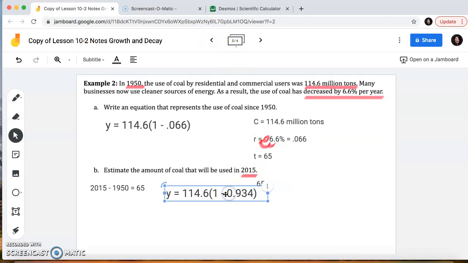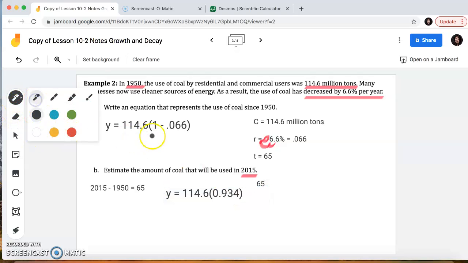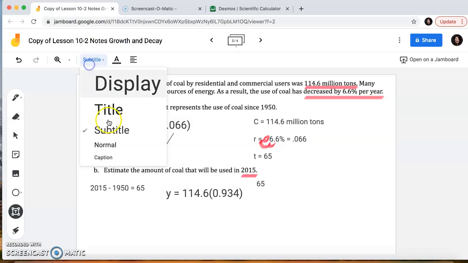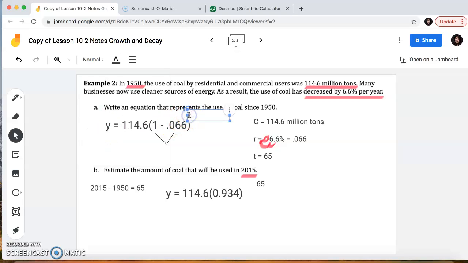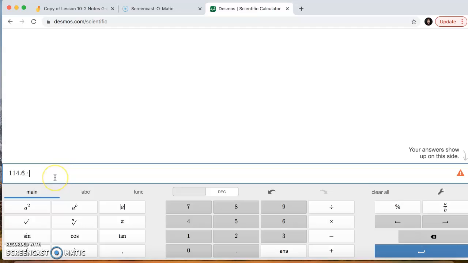oops, I forgot to take away the 1. When I subtracted the 1, we get this. Oh, you know what, I just realized I got rid of my T. Sorry, fixing some stuff. 0.934 to the 65th power, and we're going to get